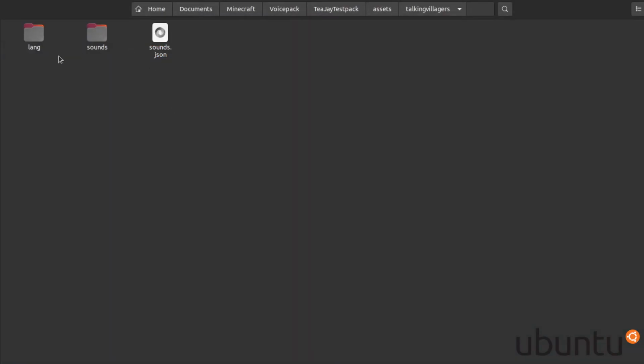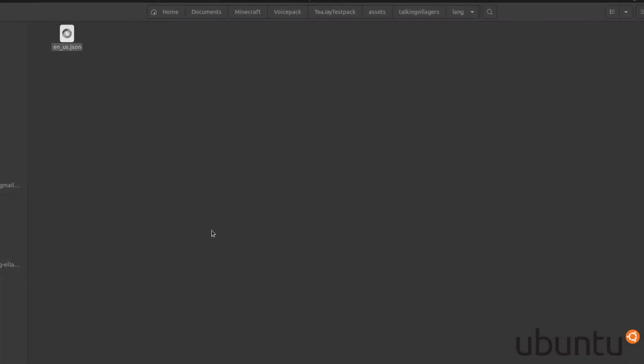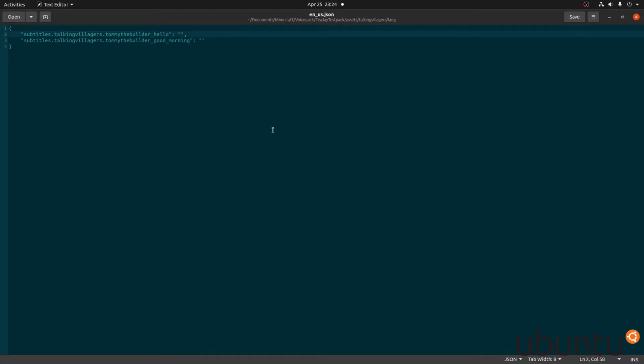For that, we go into the lang folder and open the en_us.json file. In there, all subtitle identifiers are listed and you can type in the subtitles to your voice lines, so people who have subtitles enabled can see the voice lines. After typing in the transcript of your voice lines and saving the file, we can now bundle it as a